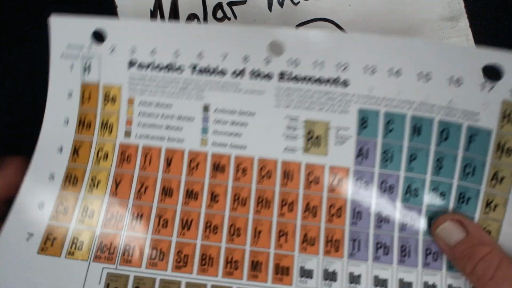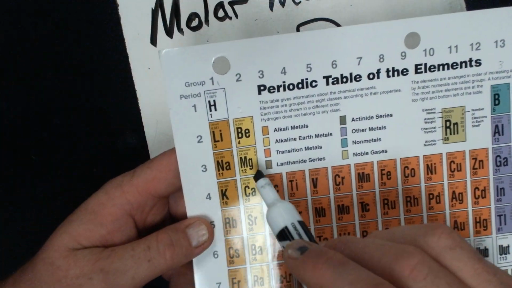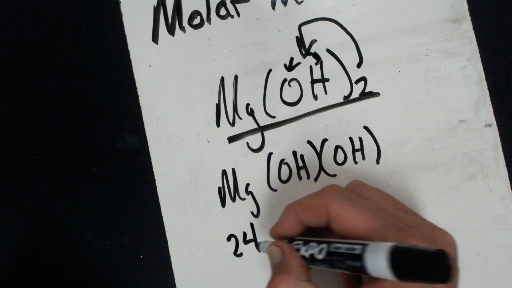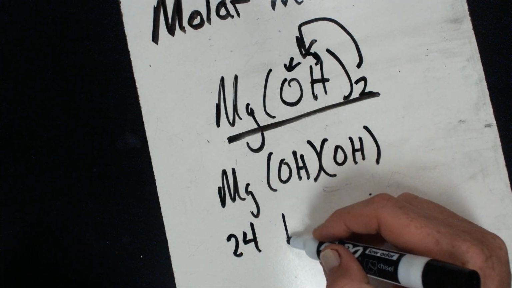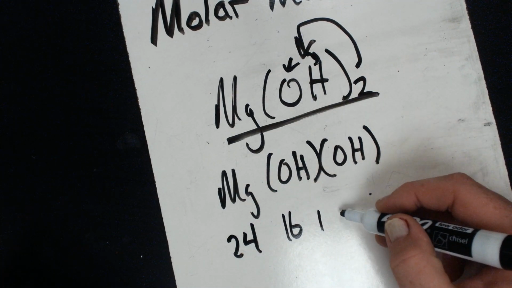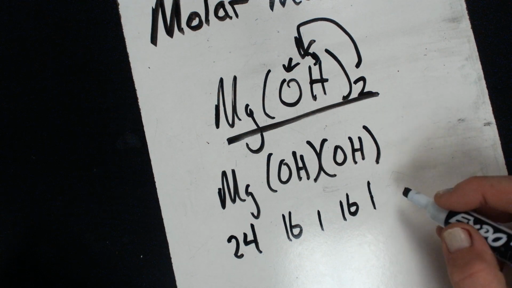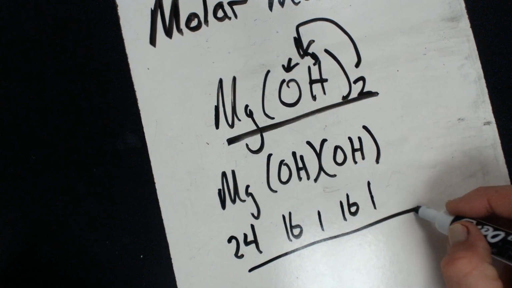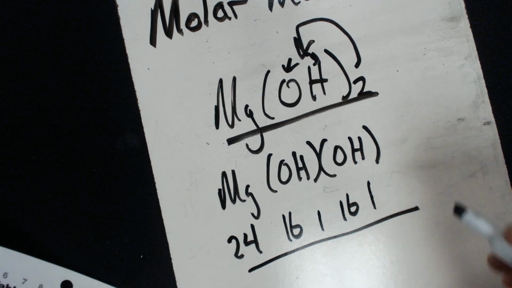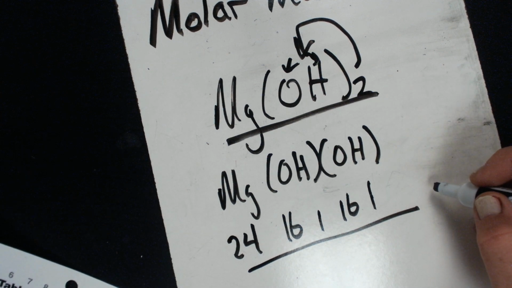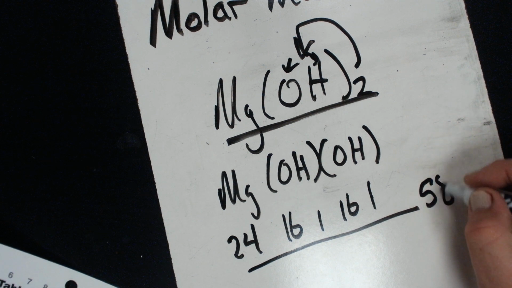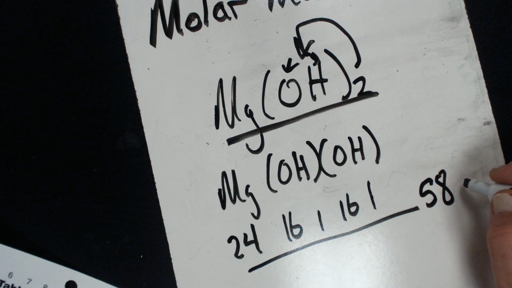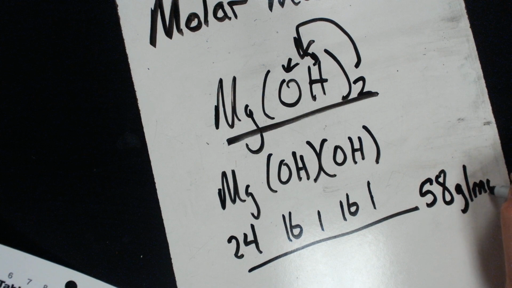So looking at my periodic table, magnesium has a molar mass of 24. Oxygen is 16, hydrogen 1, oxygen 16, hydrogen 1. All right, so I'm going to add these things together. 32, 36. I think roughly, if my math in my head is correct, we get something like 58 grams per